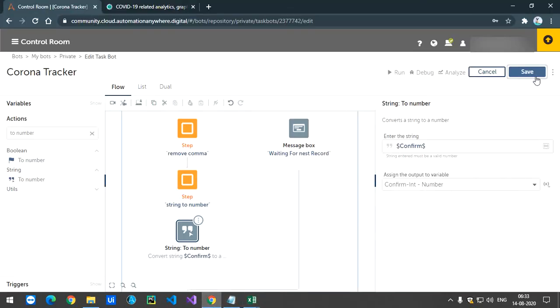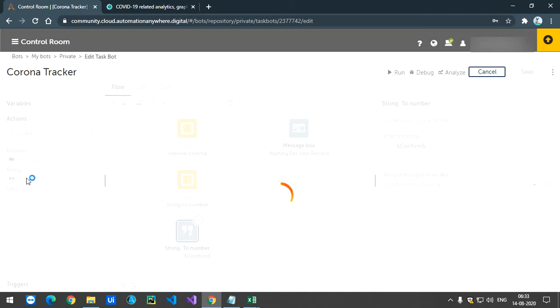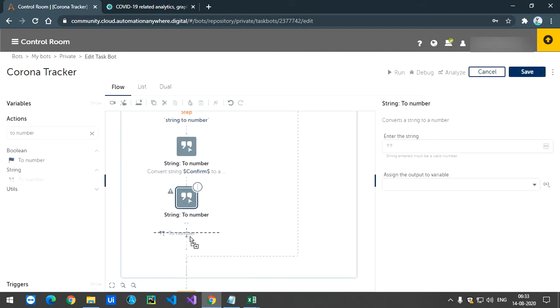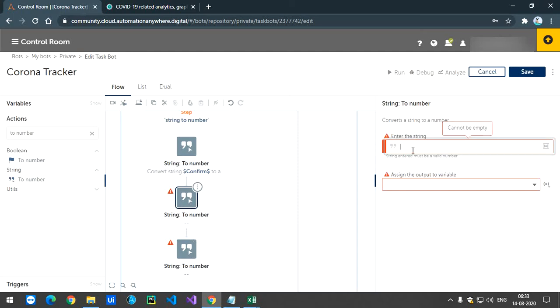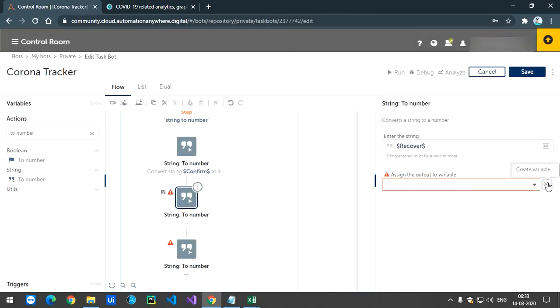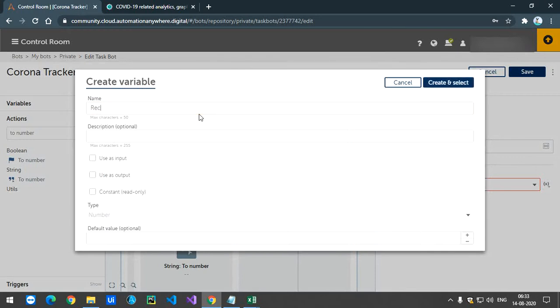Then again go with two to-number steps. This is for recover and this is for death. Just add this, recover. Again I'll store it in recover dash int.